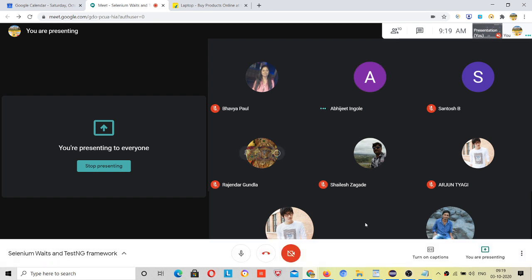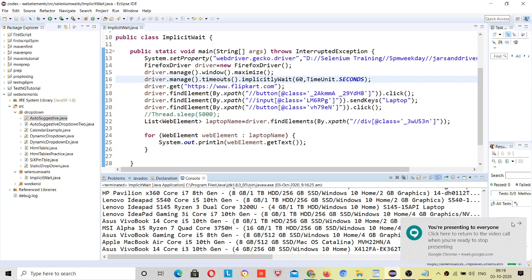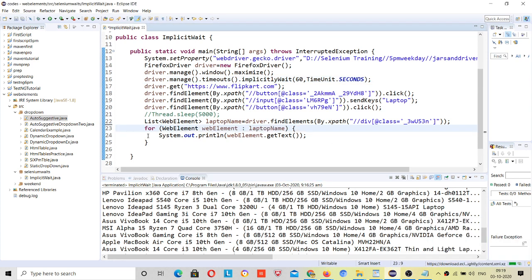Okay, so now I'll be moving to explicit wait. But first understand what is the problem with the implicit wait.